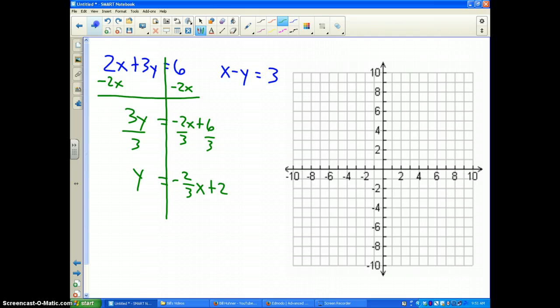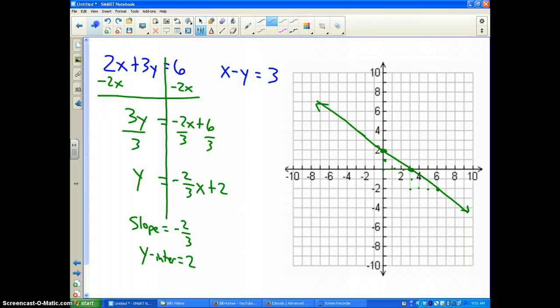And so I'm going to do this in green. Your slope is negative 2/3, and your y-intercept is equal to 2. So I'll put a dot at 2 as best I can here on the smartboard, and then, let's see, slope is negative 2/3, so I'm going to go down 2 and over 3 and put a dot about right there. Down 2 and over 3, put a dot about right there, and hopefully we have a graph that looks something like that. That's not a very straight line,